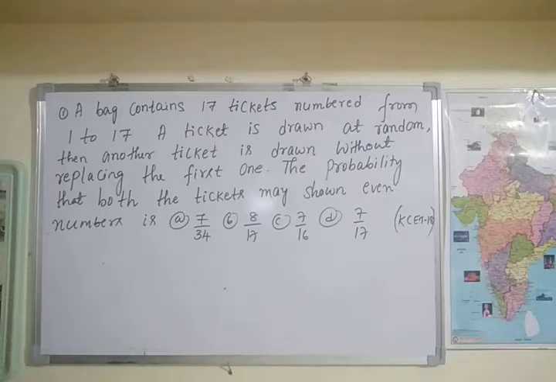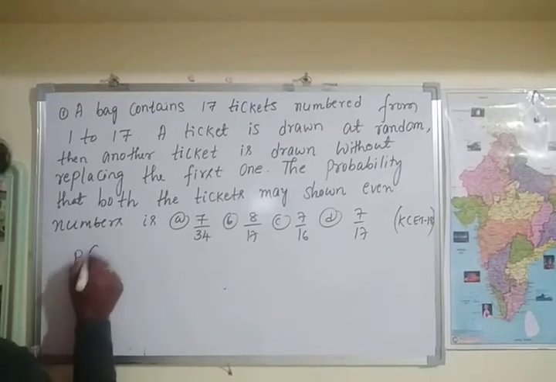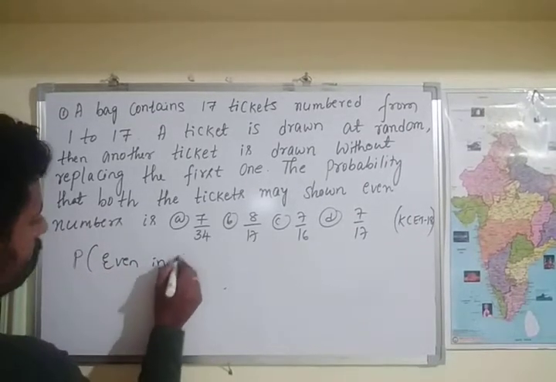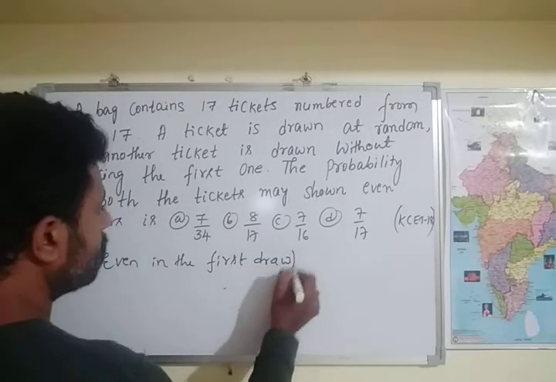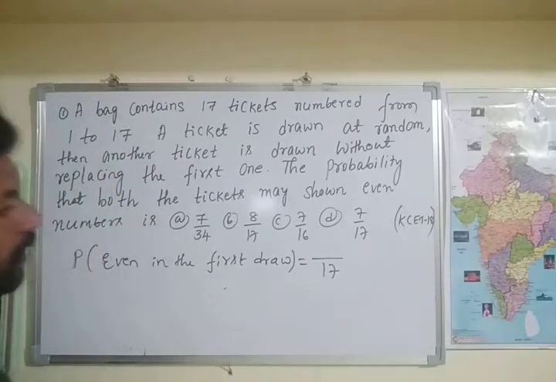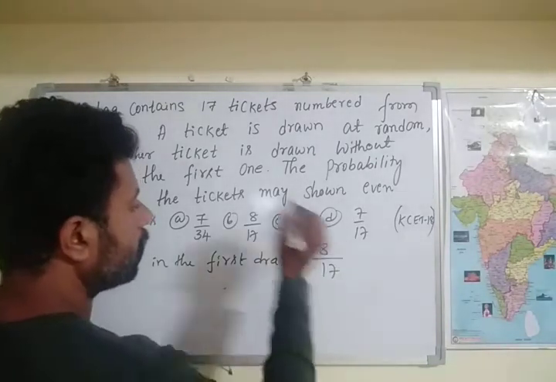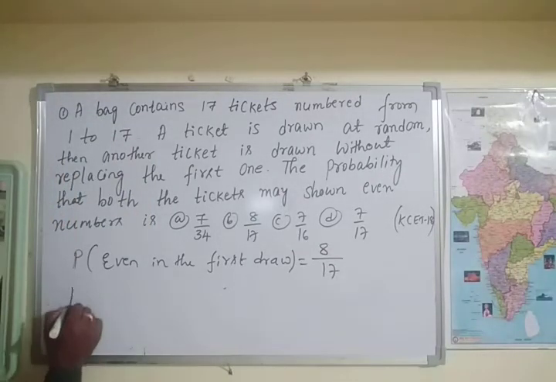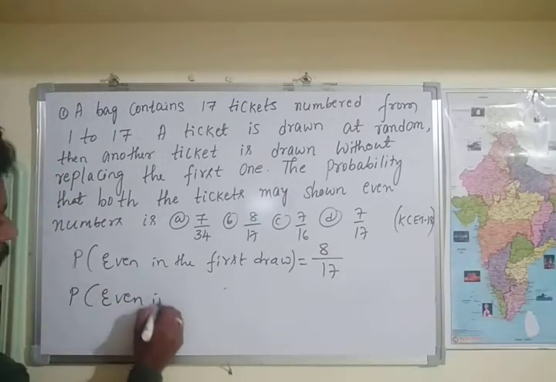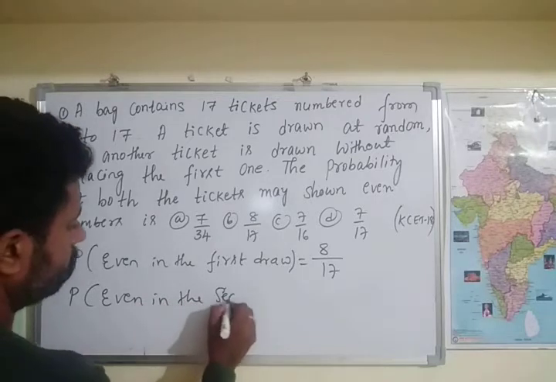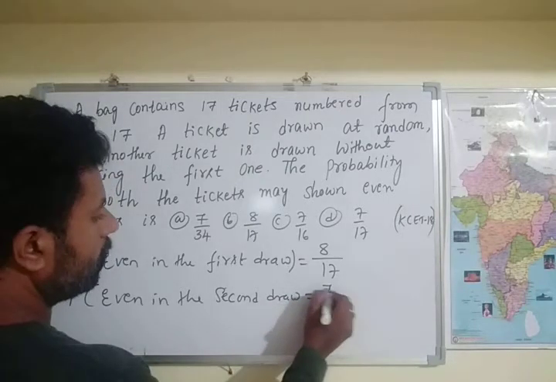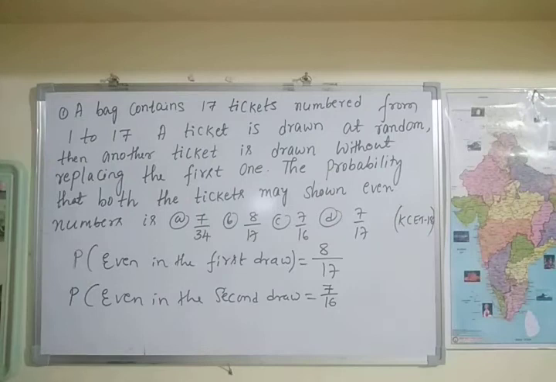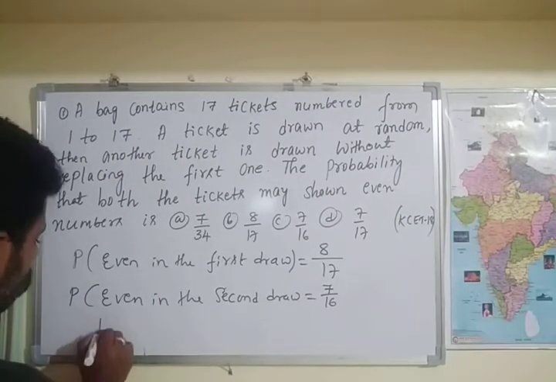See here, we draw twice. So the probability of even in the first draw: we have 17 tickets, and in 17 tickets we have 8 even numbers. The probability of even in the second draw is 7 divided by 16. The required probability is equal to